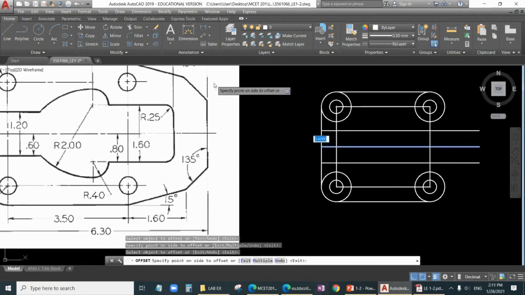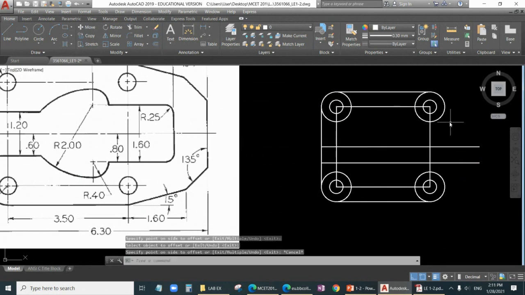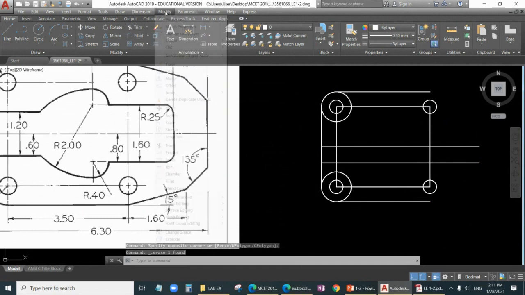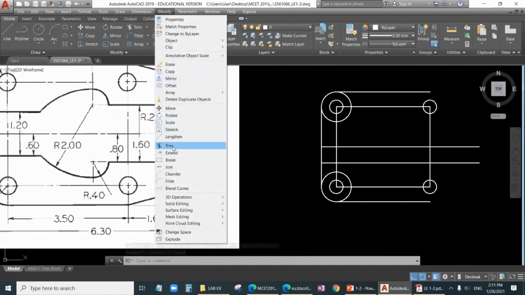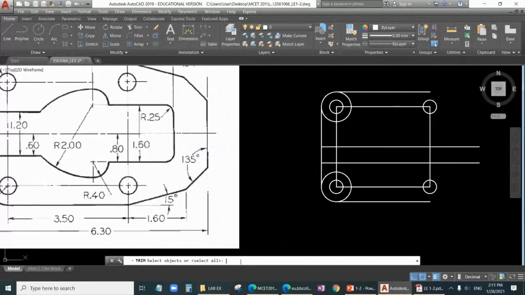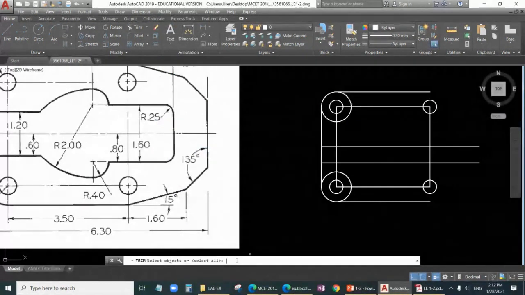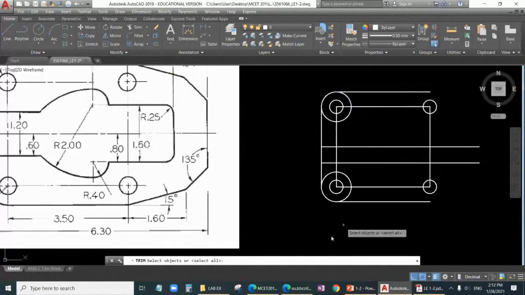Now I'll just focus on this and sorry, I don't need the big circle here. It was not necessary. I had drawn it. Now trim, the trim command. You can go to modify trim. It is asking select the object. All these modify commands ask you to select the object. You can select the object one by one by mouse, or you can just type all once and